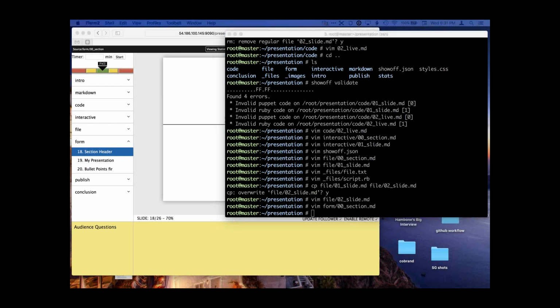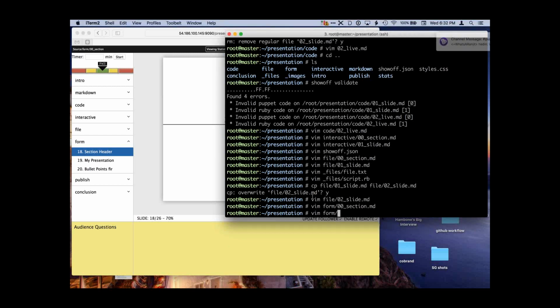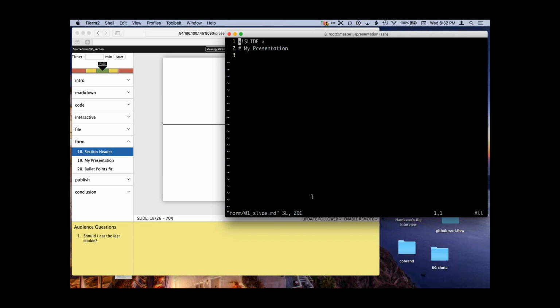I think I'm just going to copy an existing form. Okay, so now I'm just going to paste in an example. This is an example slide that we have actually in our fundamentals training.